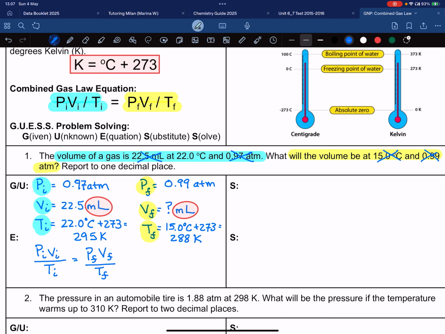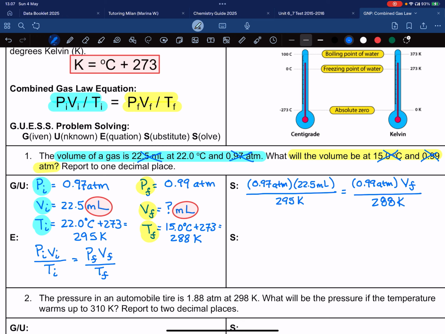So PI is 0.97 atmospheres. VI is 22.5 milliliters. TI is 295 Kelvin. Is equal to PF, 0.99 atmospheres, times VF, that is the thing that we do not know, over